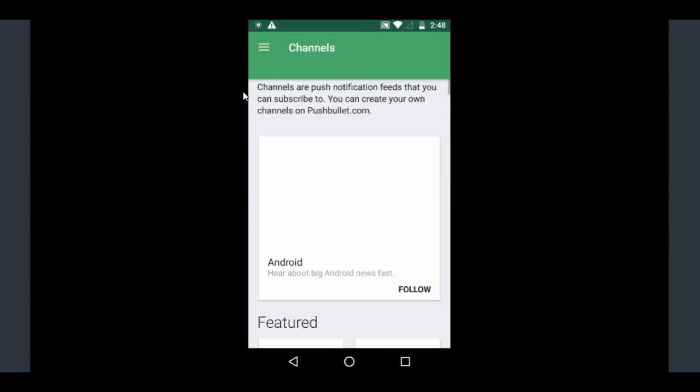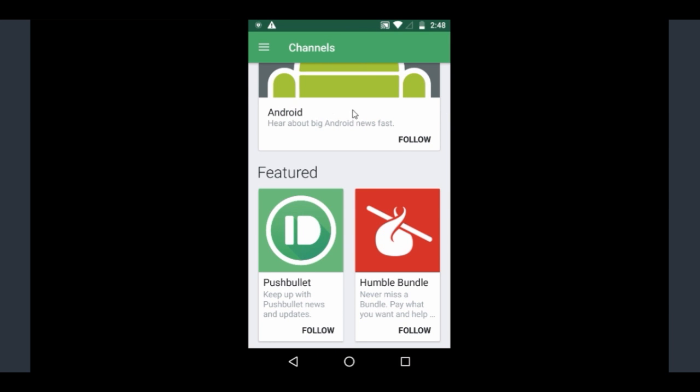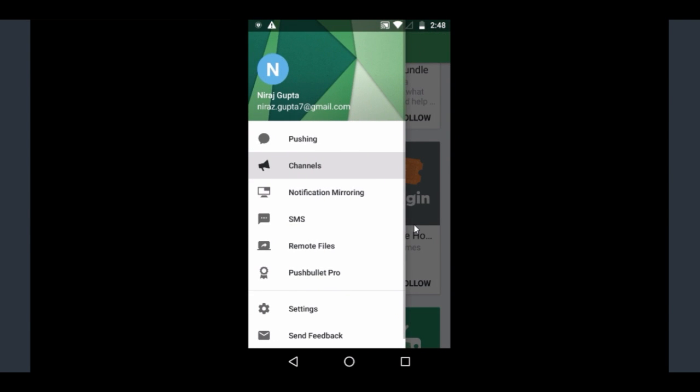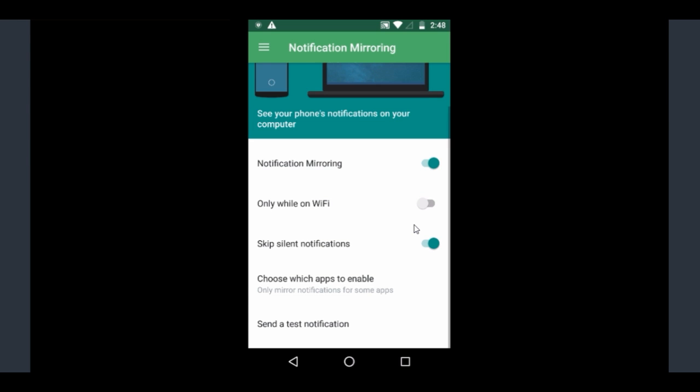The next tab is channels, so here you can subscribe to the channels you want to. You just have to tap on follow, and then the notification mirroring tab gives you the option to make changes to the settings. If you turn this off, it will turn off the notification mirroring. That means when you get any notification on your phone, that will not be shown on your laptop or computer,